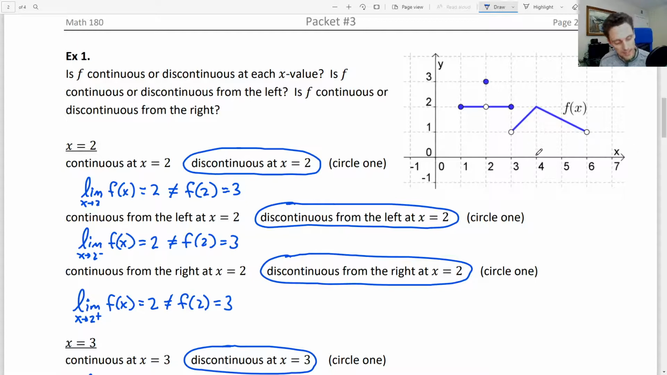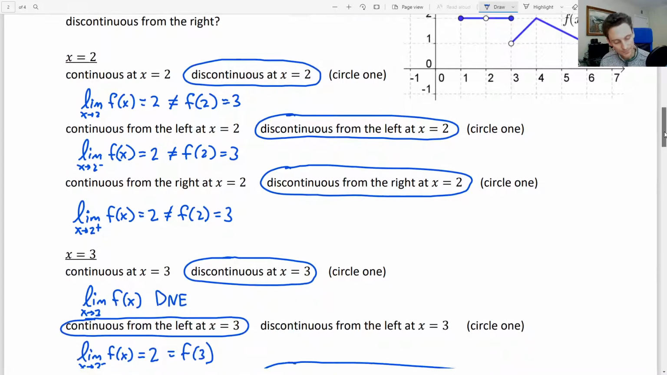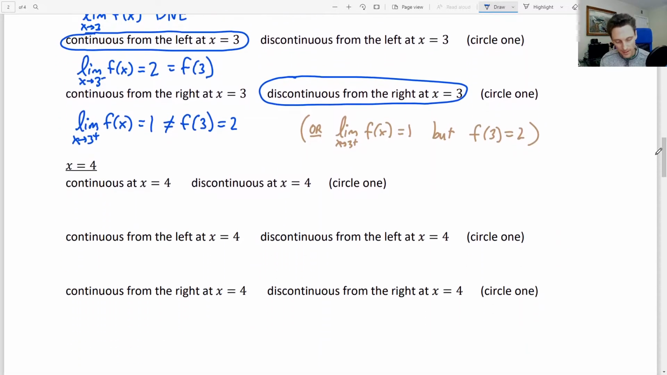All right, let's look at x equals 4. Is the graph or function continuous or discontinuous at x equals 4? If you said continuous, that would be correct. The limit coming in from both directions is 2, and f of 4, if you go up to the graph, is 2. There's a point on the graph there with a y value of 2. So we would say continuous at x equals 4